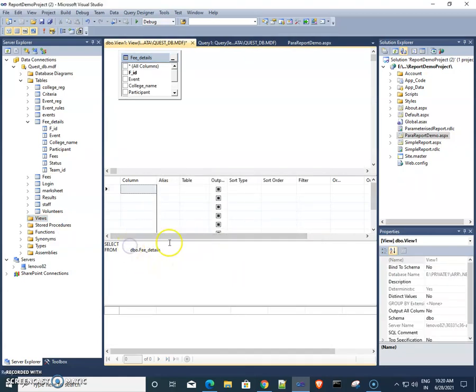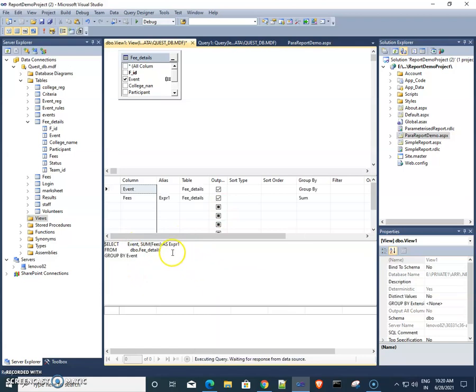So select event and the sum of fees from fees details group by event. I need to create one view.